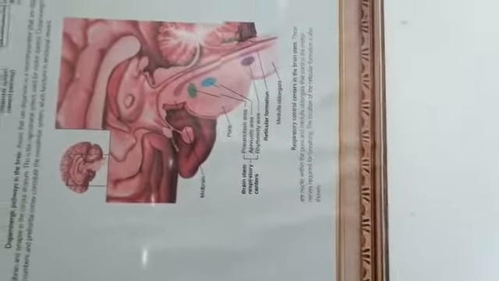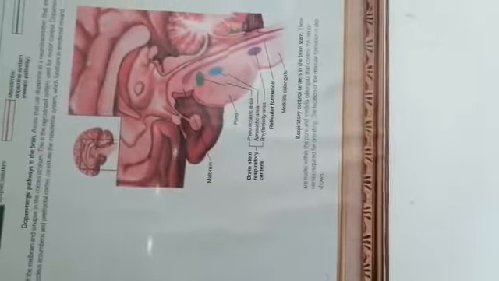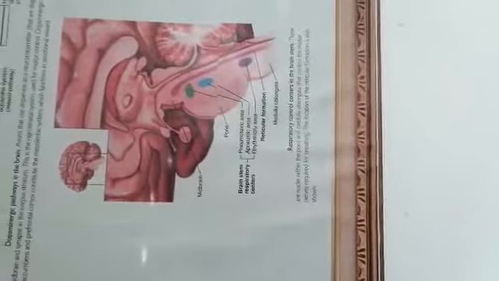Cerebellum receives impulses regarding the posture and balance of the body. The proprioceptors, which are located in the joints and the muscles, send impulses to the cerebellum regarding the posture and the position of the various parts of the periphery of the body. Whereas visual inputs and auditory inputs come from the eyes and the ear. Visual impulses come from the eyes, and the auditory impulses from the semicircular canals.